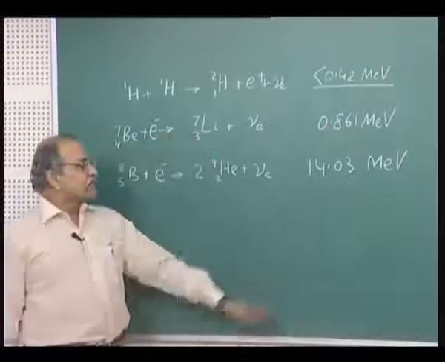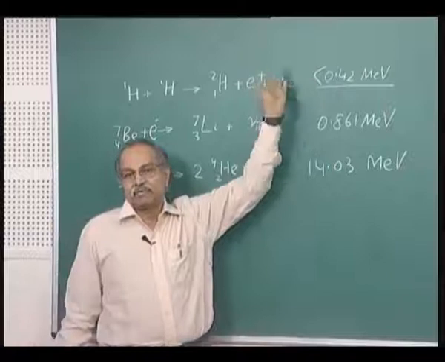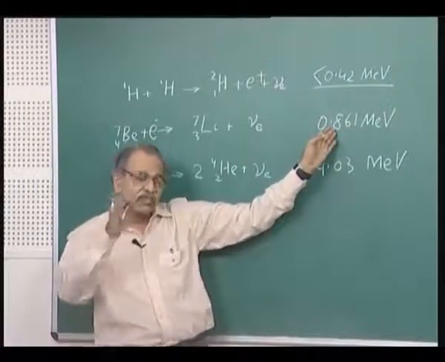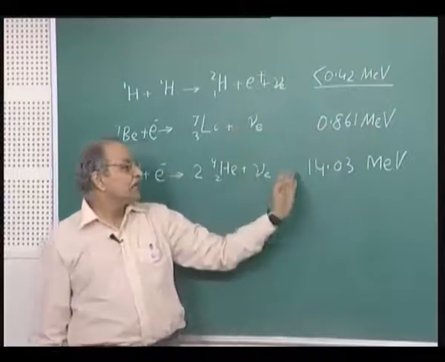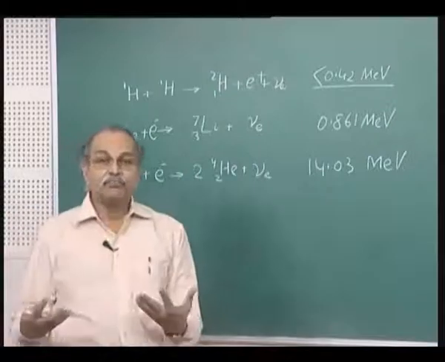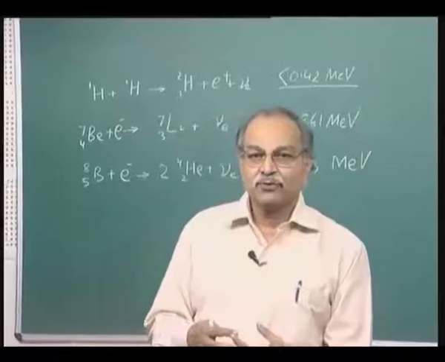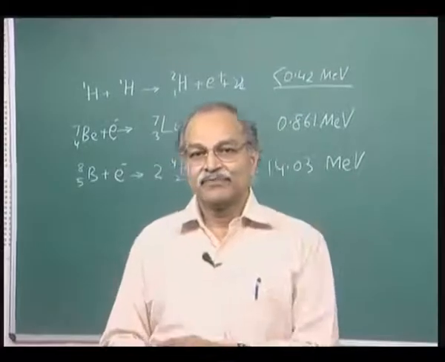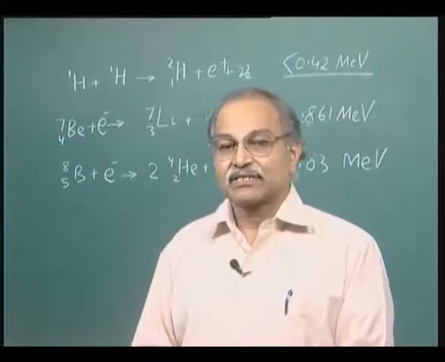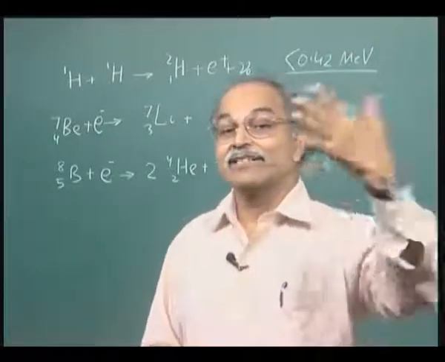So, the ranges are different: 0.42 MeV and less is coming from here, and 0.861 MeV sharp monoenergetic is from here, PP2, and 14.03 MeV from this. Now, how did people measure it? The first measurement of neutrino, rather antineutrino, was made long back in 1956, some 26 years after